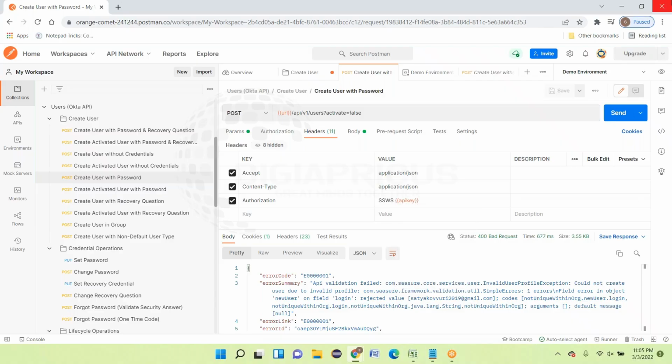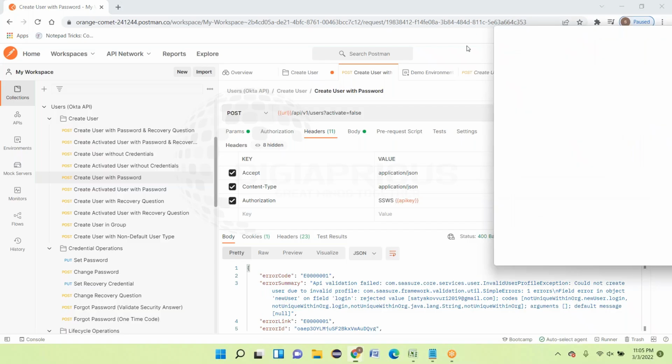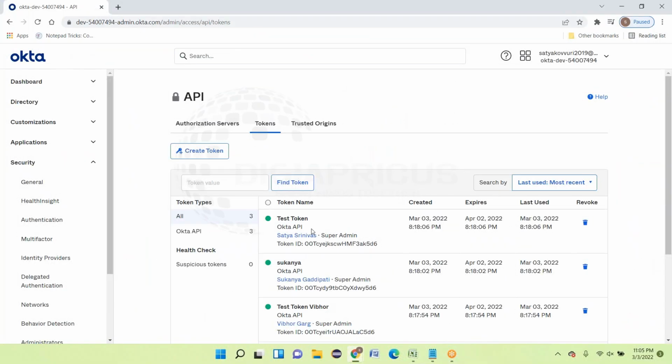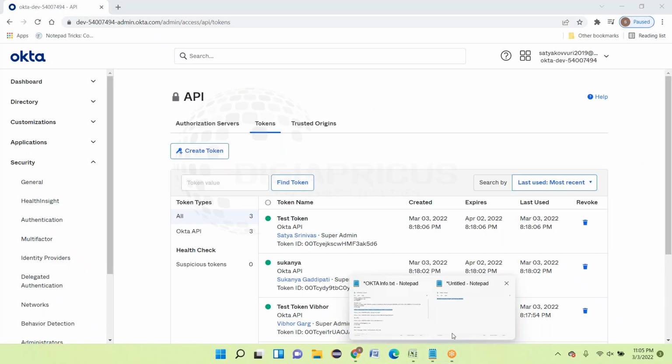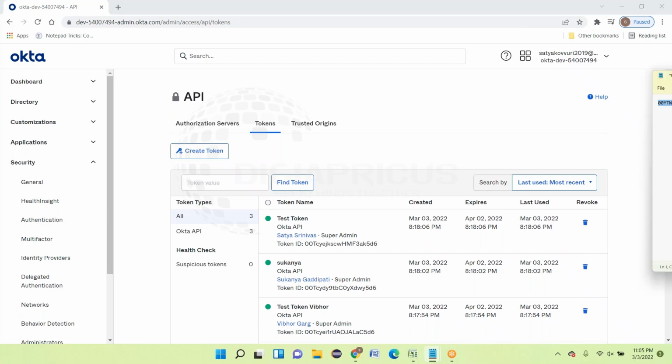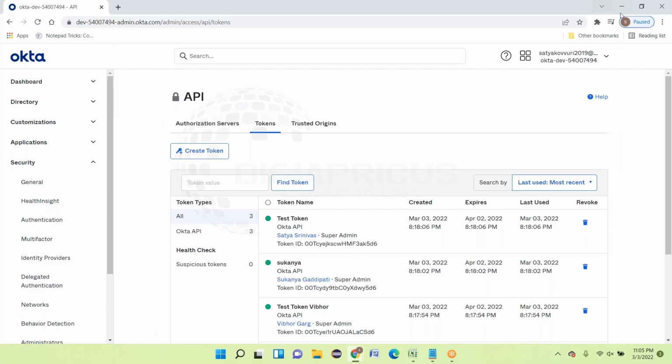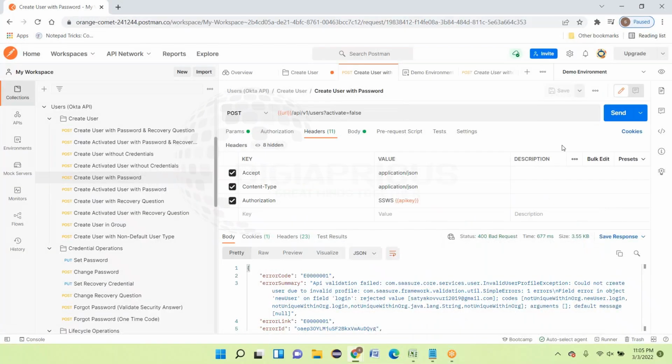It's an invalid user profile exception. So if you go to the body, what I did was I created this one in Okta, right? I created a test token and saved whatever values we are getting. That is fine. Yeah, this is fine. If you go back to your Postman again, you need to go to